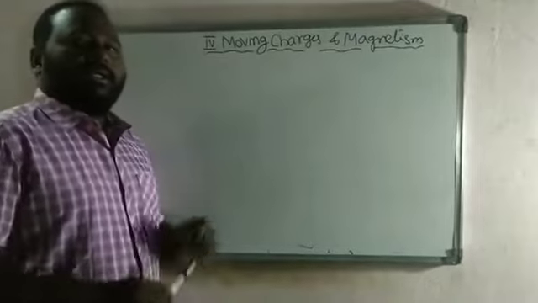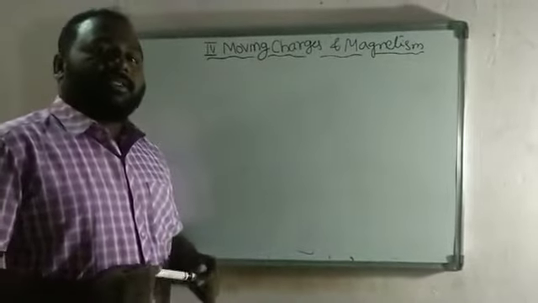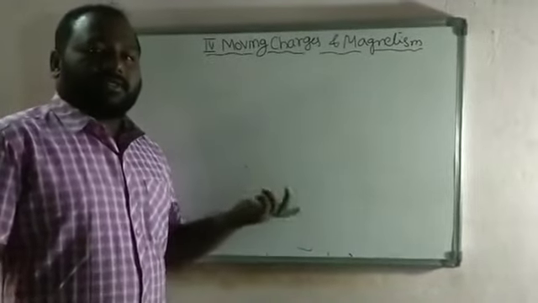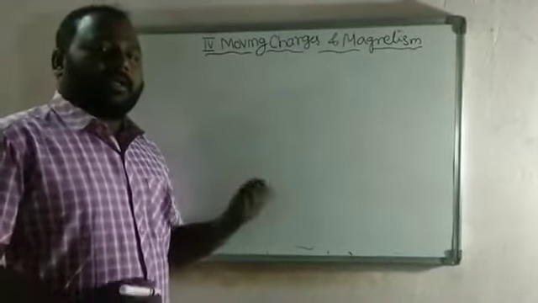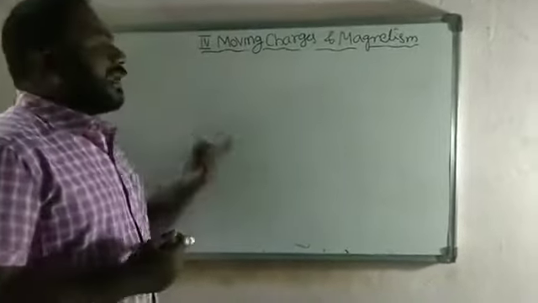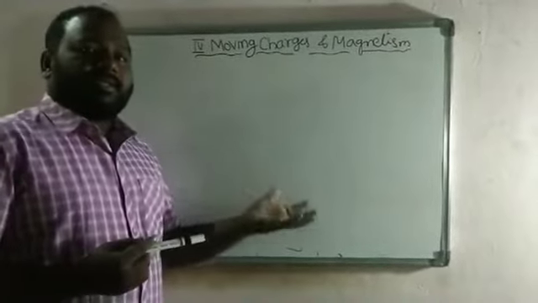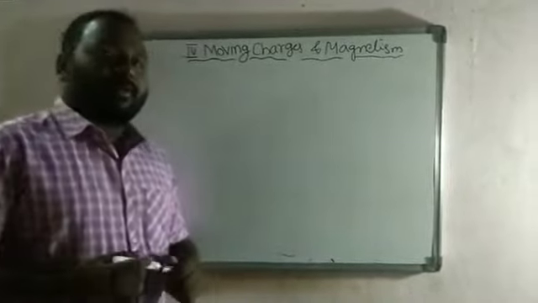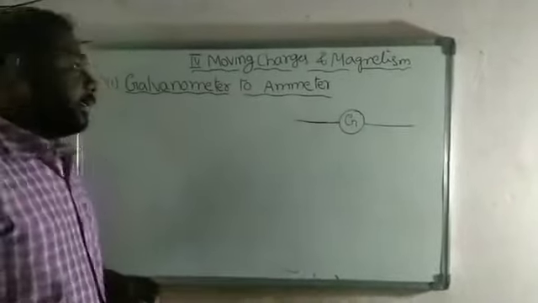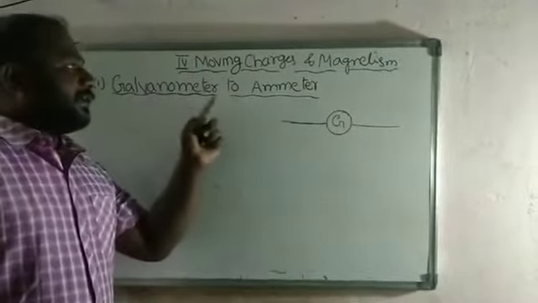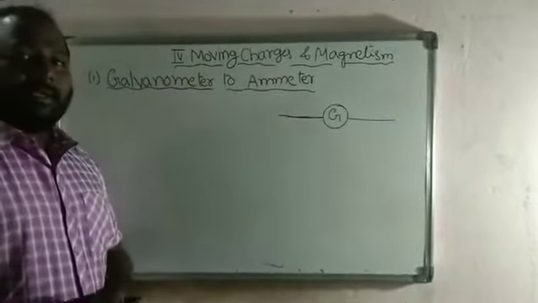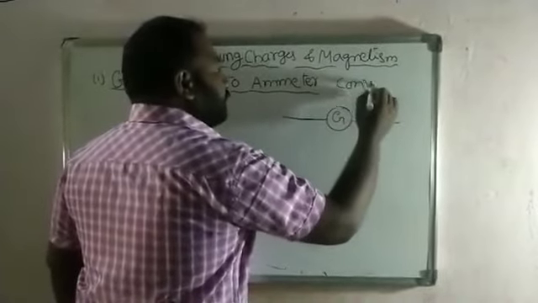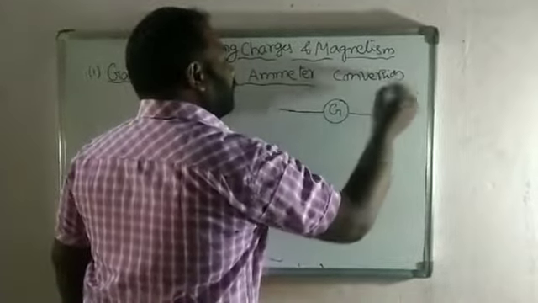We already know that an ammeter can measure the current in networks, and a voltmeter can measure the voltage in networks. To measure current and voltage, we are going to use the galvanometer. By making certain connections, we get a galvanometer as an ammeter and a galvanometer as a voltmeter. See how a galvanometer is converted into an ammeter. Galvanometer to ammeter conversion is a simple and important one.